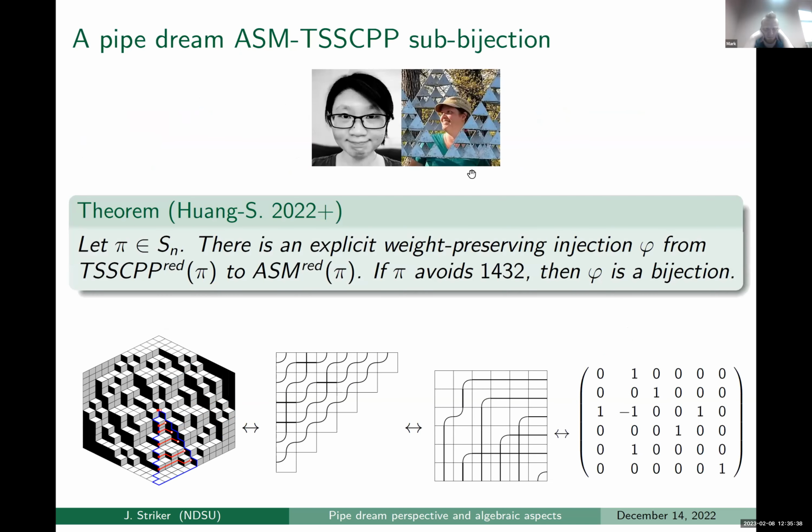So here's our theorem: we have an injection from reduced TSSCPP whose pipe dream ends up being reduced, to alternating sign matrices whose bumpless pipe dream is reduced. So you can always map from the TSSCPP to the ASM as long as the TSSCPP was reduced to begin with, and sometimes they're not. But if your permutation avoids 1, 4, 3, 2, then this is in fact a bijection. I'll show you about that proof in just a second. But first